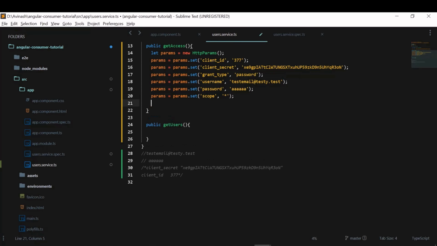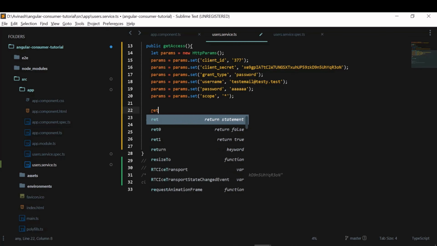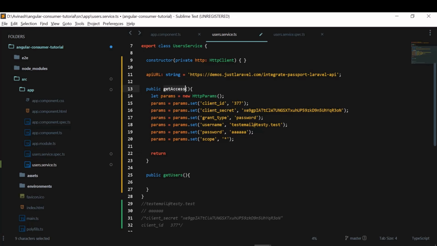And finally, I need to return, that means I need to call the URL. That URL, in the sense the API endpoint, will return me something, and that return will be stored in this get access. When we call this get access function, the value returned from the API will be stored. So that's why we are using return here.